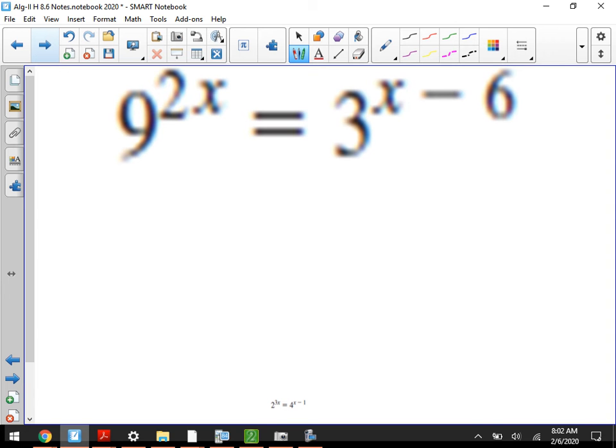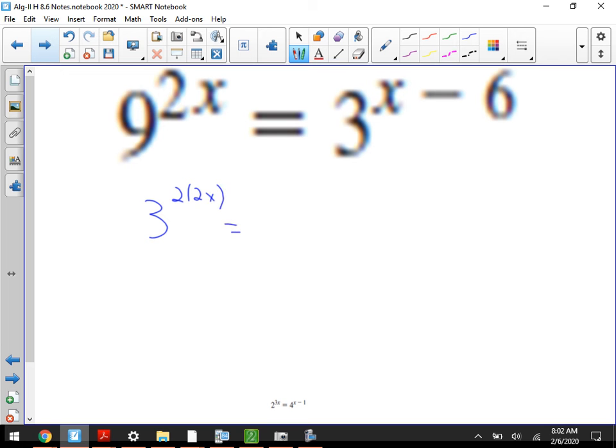Okay. So you want to rewrite to a common base. If by squaring it, you'd have to square the other side to keep it balanced. See where I'm going with that? So that's why you have to go backwards. All right. So when you rewrite the 9 as a common base 3, this becomes 3 squared,